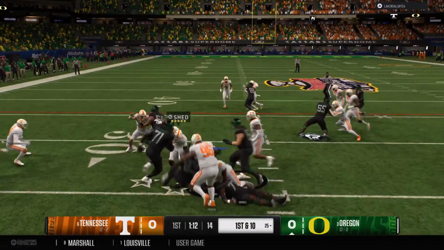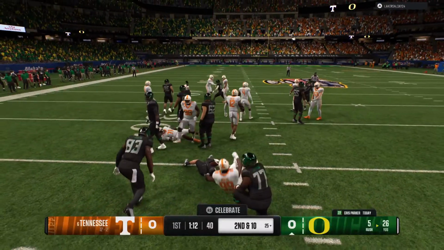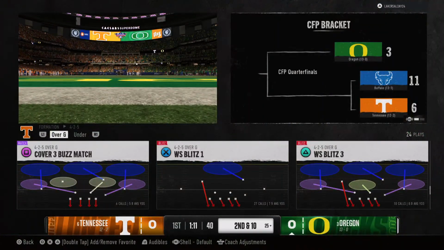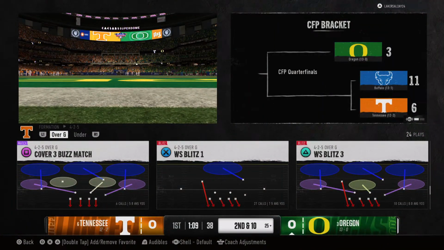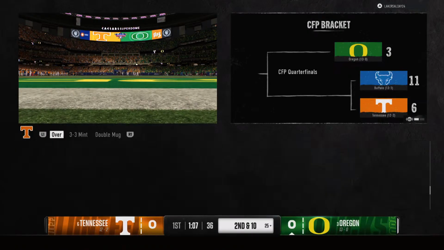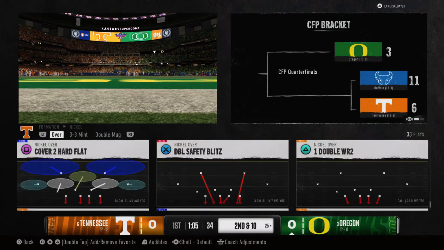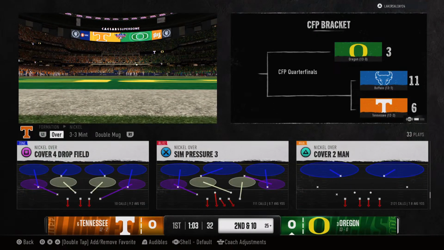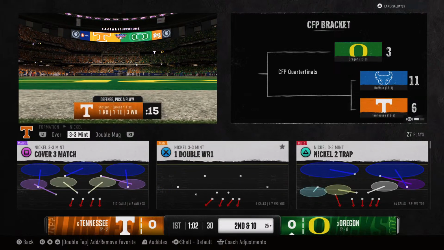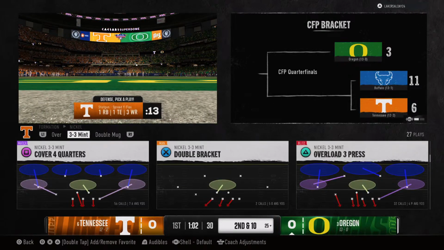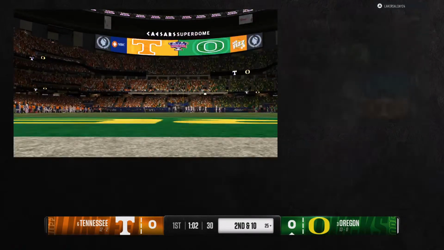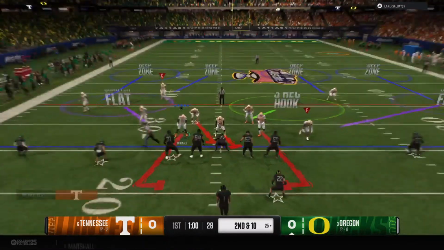Looking for a gap. It's Parker. And this one goes nowhere. Lucky to get back to the line of scrimmage. Now it's 2nd down here.